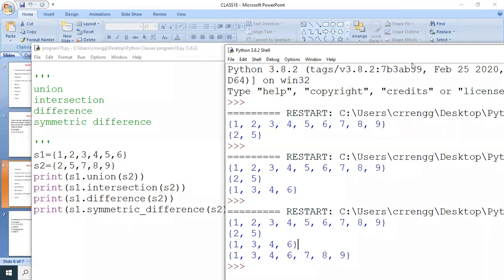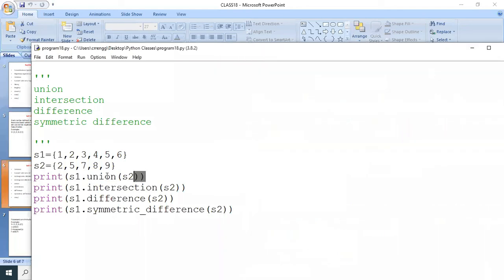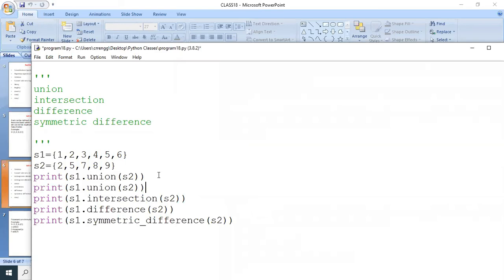Instead of union, you are going to use the OR operator. S1 or S2.